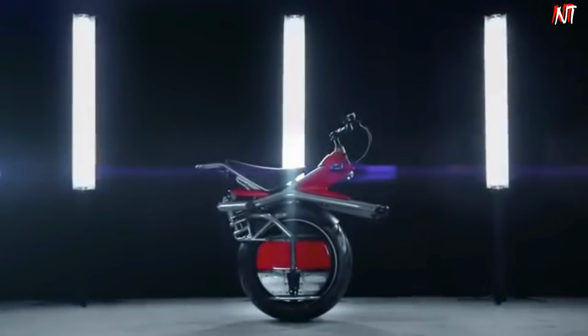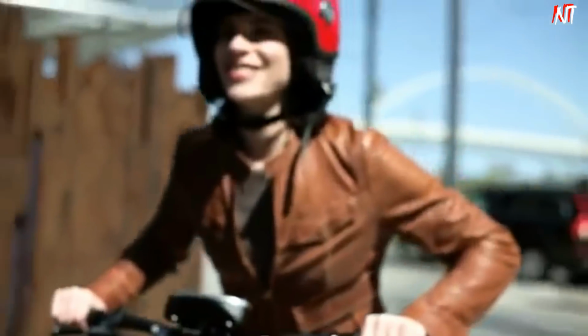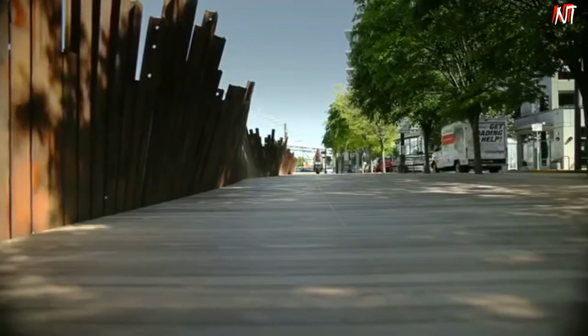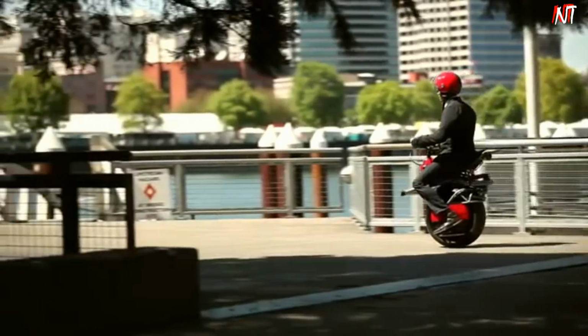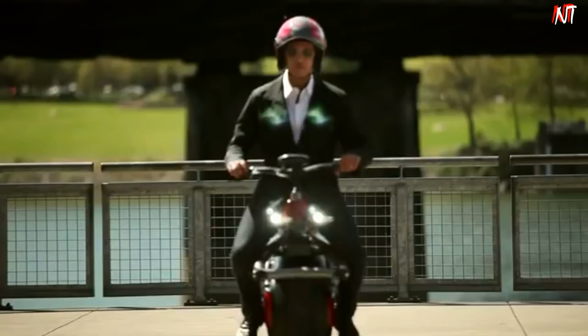To accelerate, the rider simply pushes down on the handlebars with enough force to prevent the tilt angle from coming back to zero. On the Ryno, the rider sits comfortably and naturally upright. Field-tested motorcycle ergonomics were easily adapted to the Ryno's frame, despite its unique size and balance requirements. The Ryno rider sits more upright than the rider of a typical street-oriented sport bike, allowing them to more quickly and easily pull back and